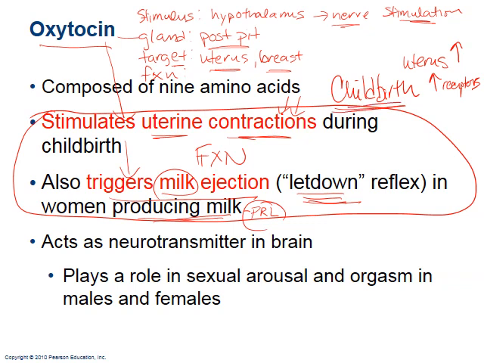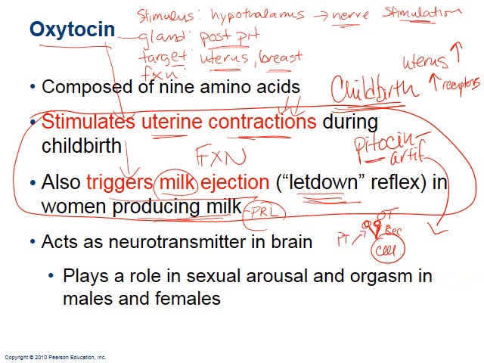Maybe you guys have heard of Pitocin. Pitocin is artificial oxytocin. So sometimes women who don't make enough oxytocin, or there's something wrong with receptors, or their labor has not started, they want to induce labor, and they're going to give you an artificial one, which is Pitocin. And why does artificial Pitocin work? Well, here are the cells of your uterus, and here's the receptor. What would normally bind here is oxytocin, but guess what? Pitocin looks so similar that it can bind to the same receptor, and then it can trigger the uterine cells